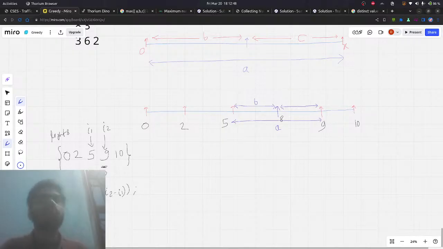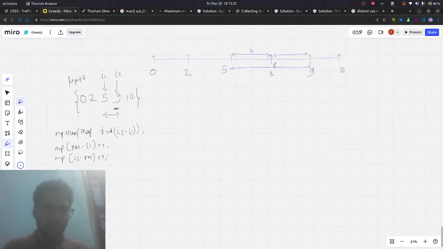So we will add to mp, instead of insert, whatever position we are adding: position minus, let's say, I1 plus plus, and also I2 minus position plus plus. And we will add the position in the lights also. So lights dot insert